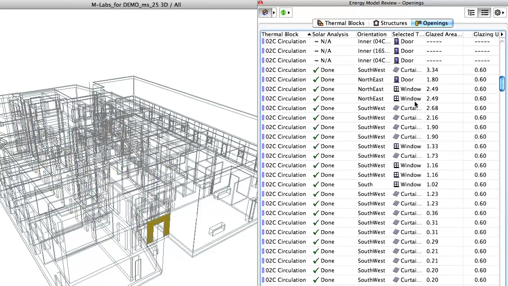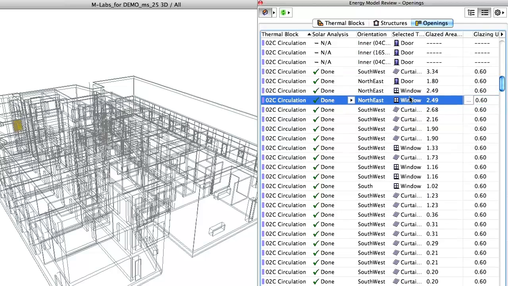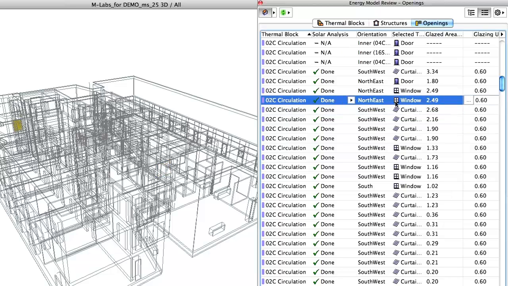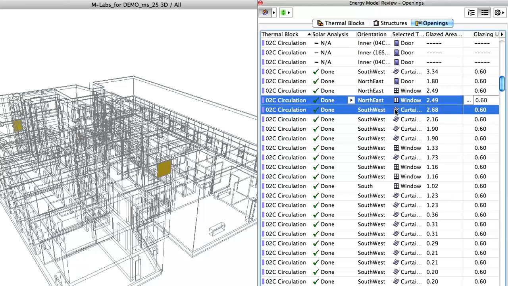Now let's select two seemingly identical windows from the list. One is on the northeastern side of the building, and the other has a southeastern orientation. The sizes of their glazed areas are approximately identical. The only main difference between the openings is their orientation. Let's see how this difference in orientation affects the solar irradiation of these openings, which will also affect the building